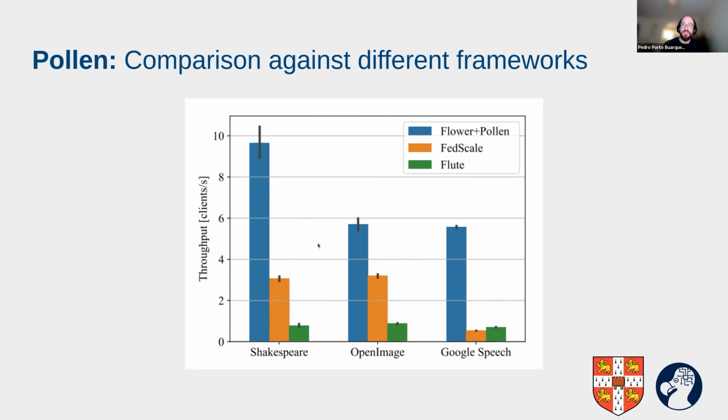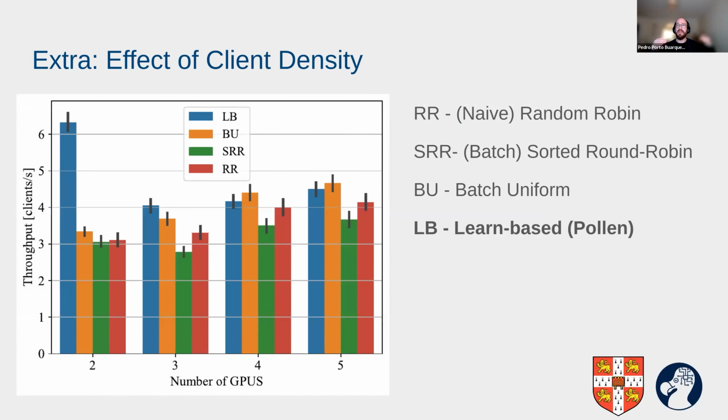So this shows why we need this time prediction and why we have to move away from that poll-based approach. But I did mention something about Shakespeare before, the fact that you would have only one client per worker. So we noticed that this learn-based approach really works very well in real research scenarios, real